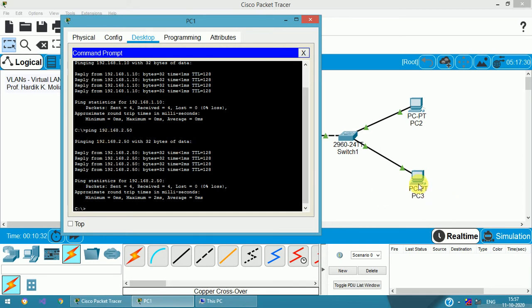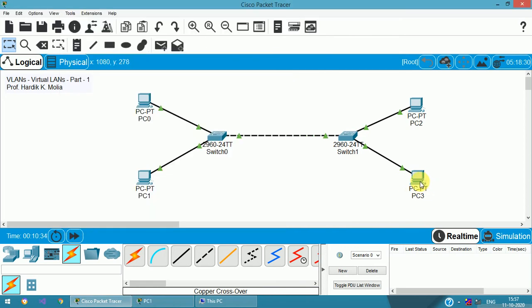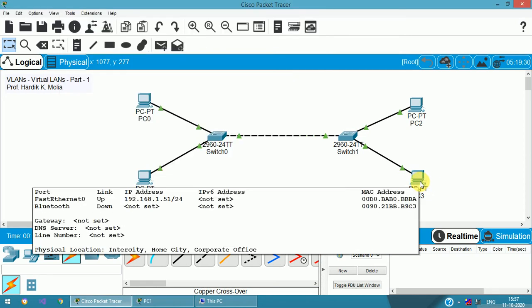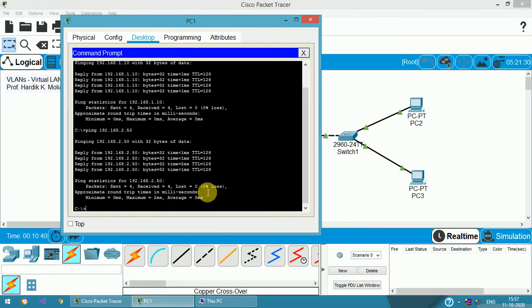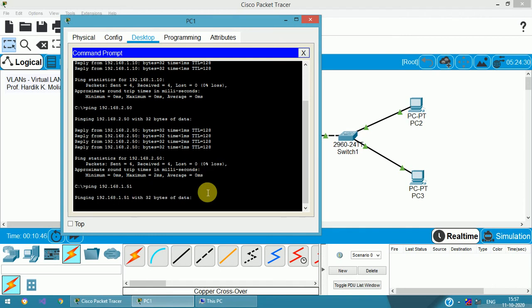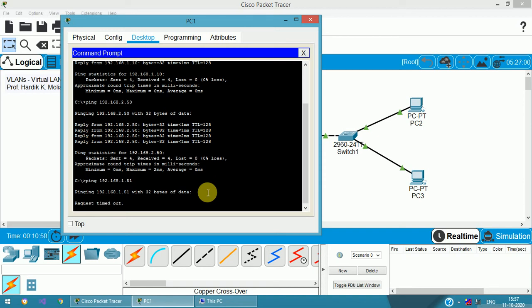The IP address of PC3 is 192.168.1.51. So if I ping 192.168.1.51, then you will not get a reply. Why? Because both the computers do not belong to the same VLAN.